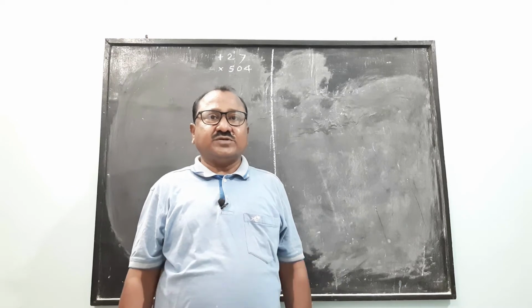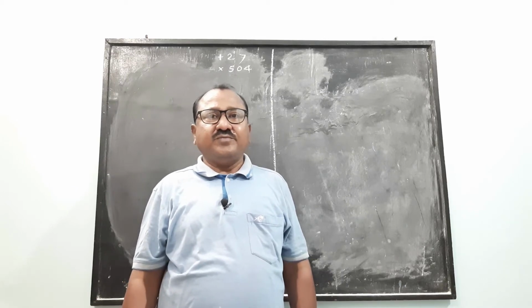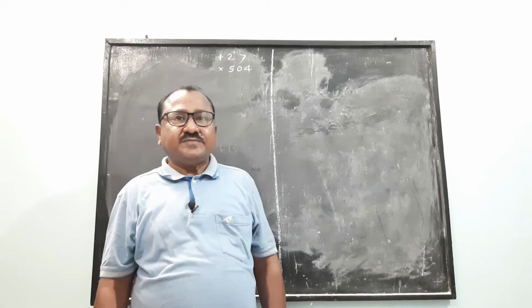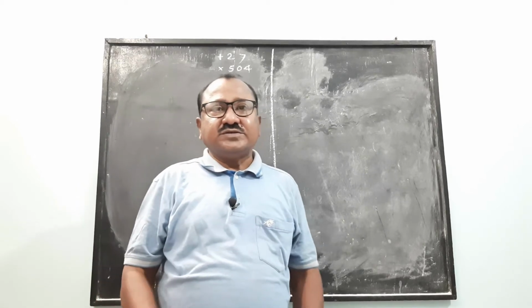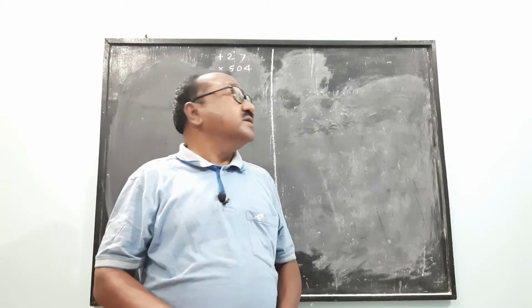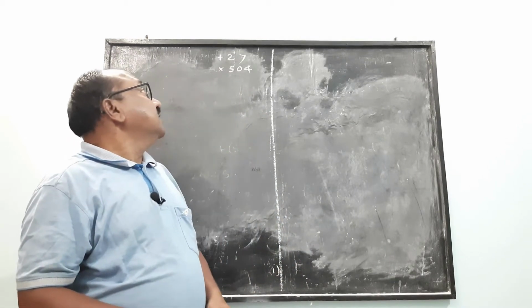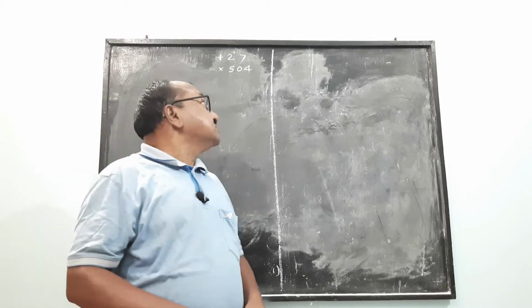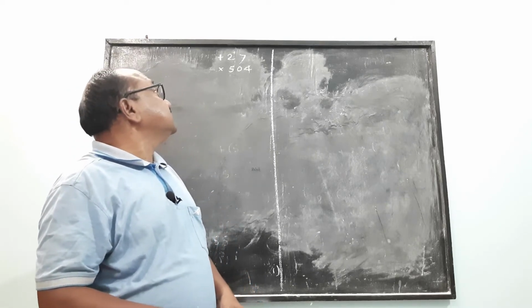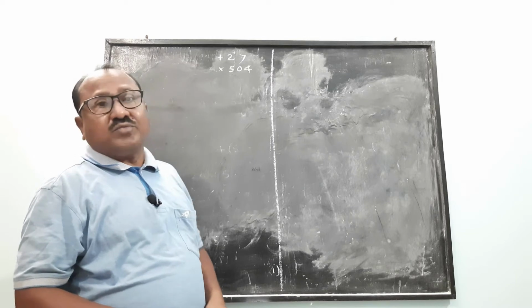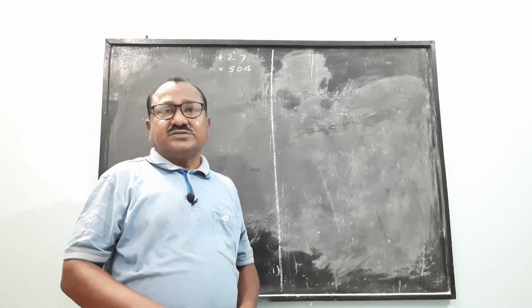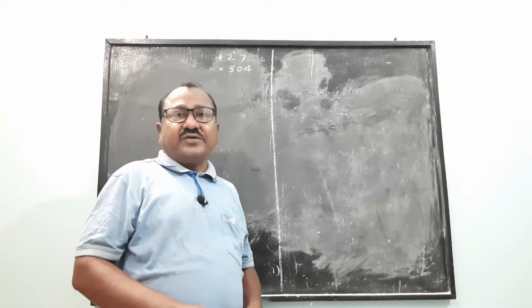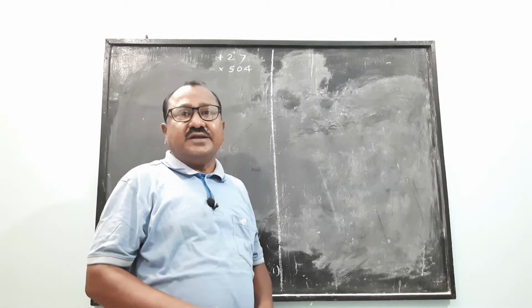Today I am going to solve one more problem based on AP. Three consecutive terms in an AP are given, and the sum of these three consecutive terms is given as 27 and the product of these three consecutive terms is given as 504. We have to calculate all those terms in an AP.